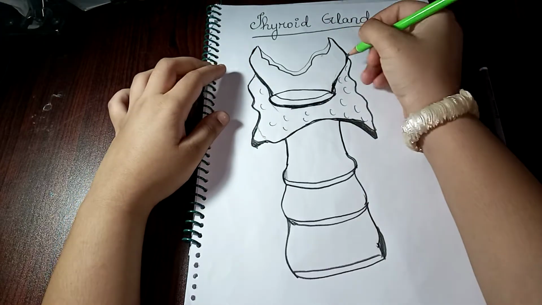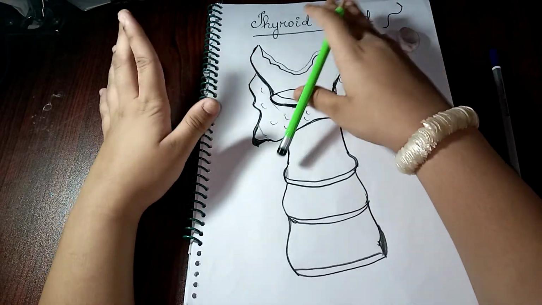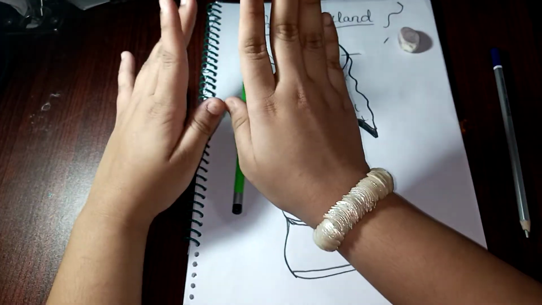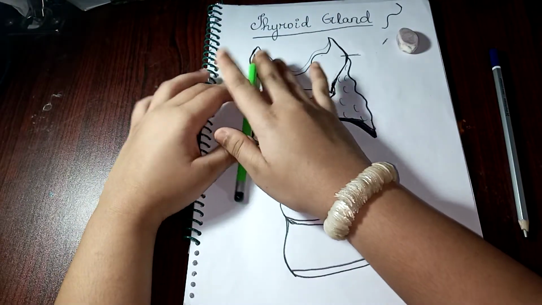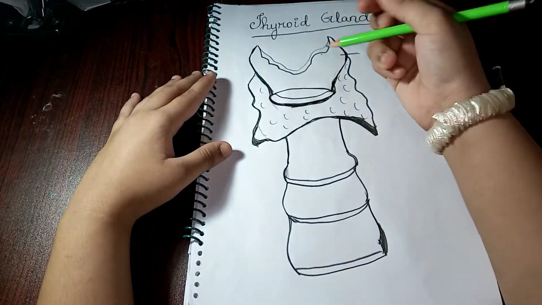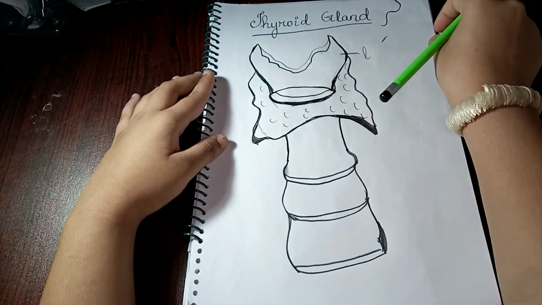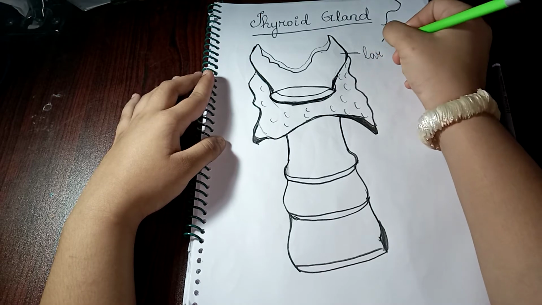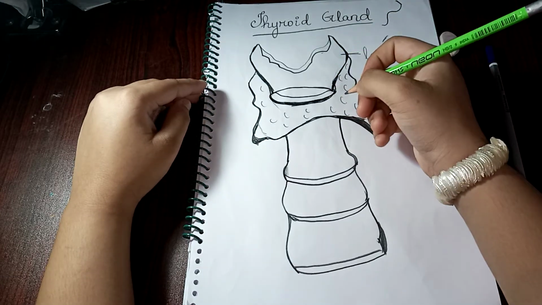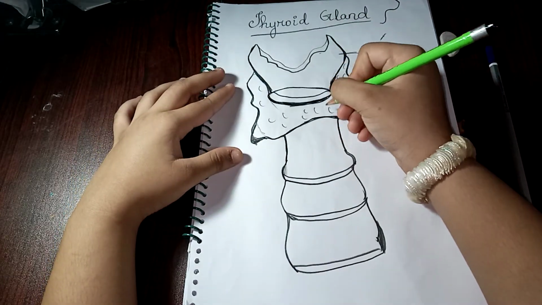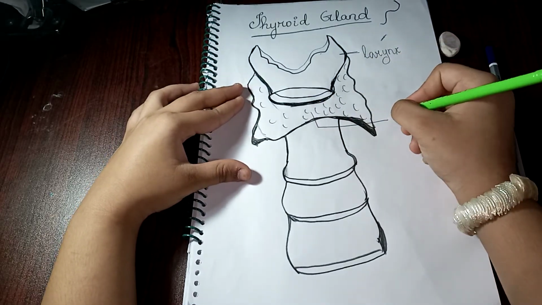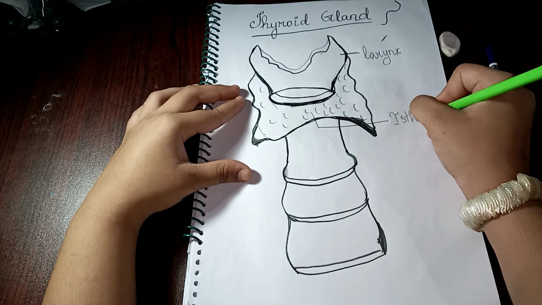Now we are going to label it up. As we know, we are going to label it at the right side, not the left side, because as per my understanding, in biology, diagram labeling should be on the right side, not on the left side. So let's label it up. So this is of course the larynx, and this is the isthmus, this part. I'm just making it more so that it may be a justified one. Isthmus.